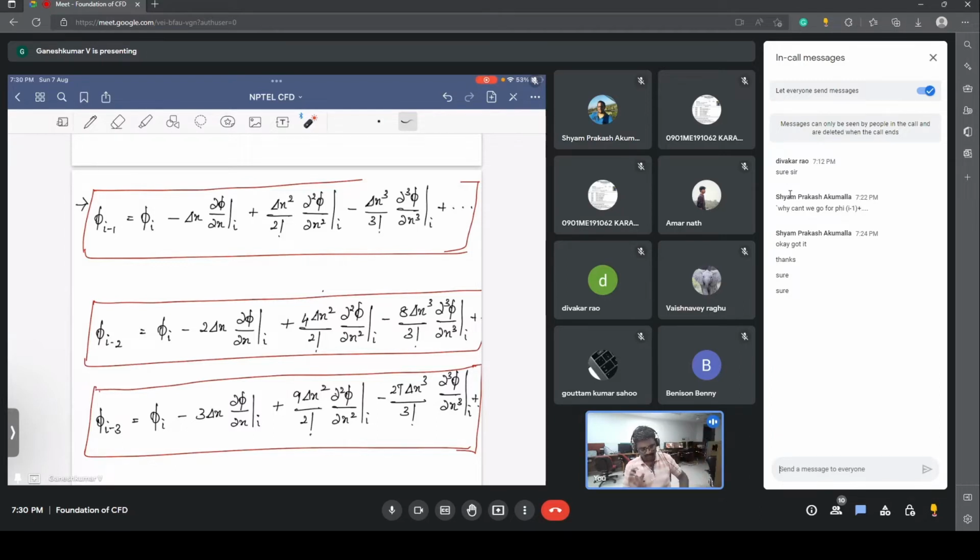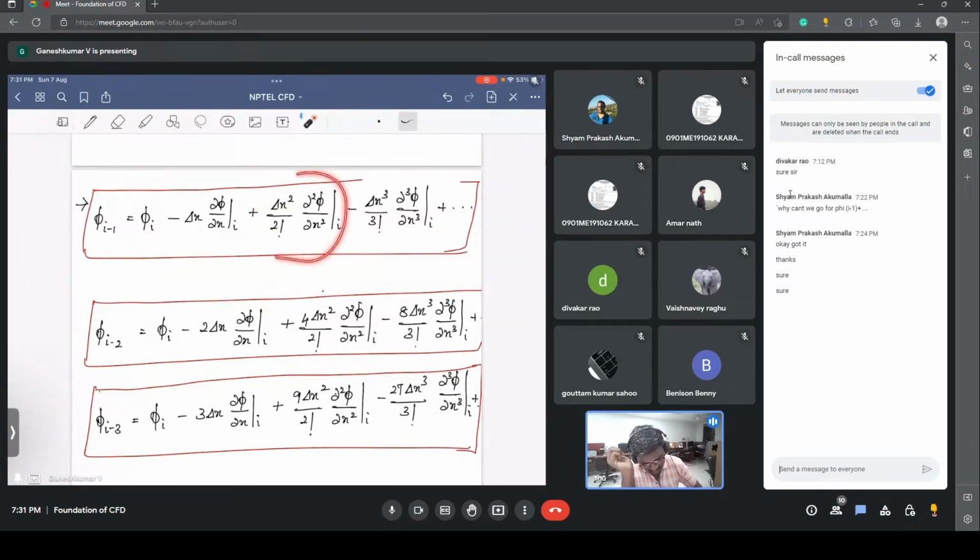So similarly here we need to find dou phi by dou x in terms of these things. That is a second order. One way to easily construct this is, here we have delta x. Let's say you divide by delta x. What happens? Every term would be divided by delta x. Now this term will have an order of delta x, and this term will have an order of delta x square. To construct a second order scheme,